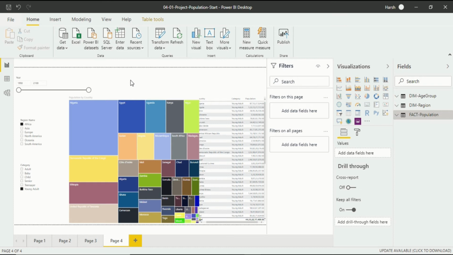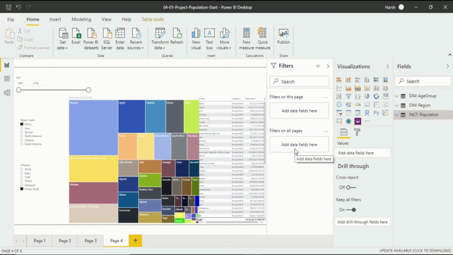So what is report filter? In the filter pane, you will see there is written "filters on all pages". So this is a report filter. If I click here, you will see "apply to all visuals in all pages in this report". This report has 4 pages.